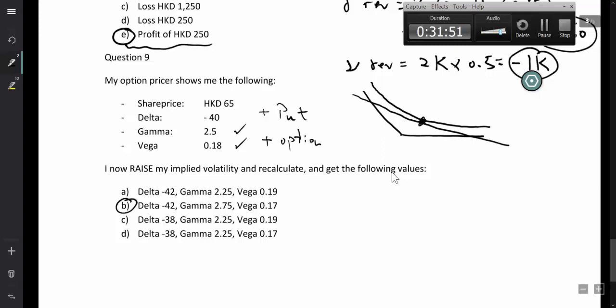Now, if you have difficulty thinking what happens when vol goes up, sometimes I try to think the other way. What if vol goes down? If vol goes down, then your line becomes like this,